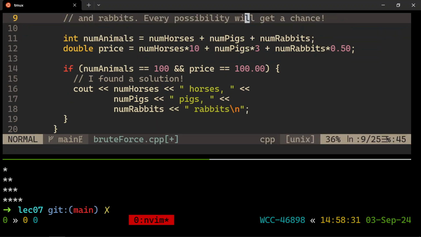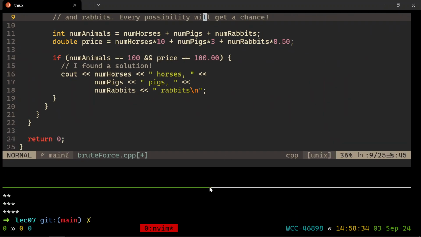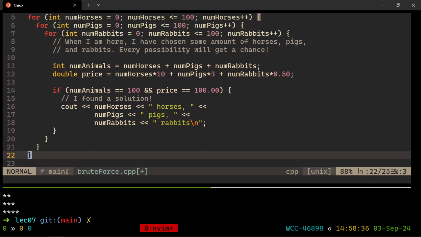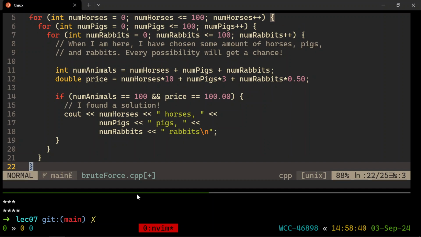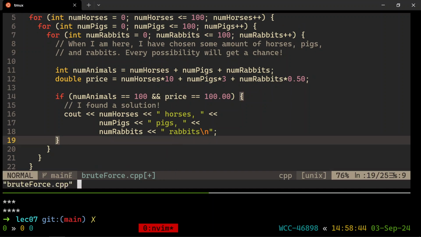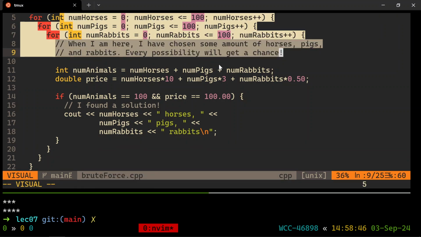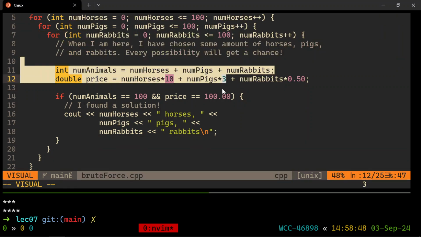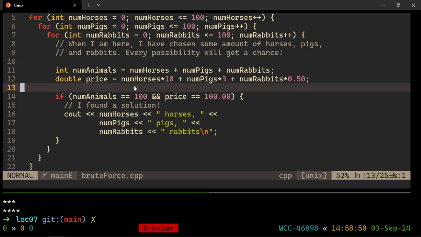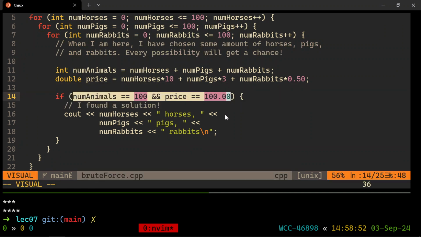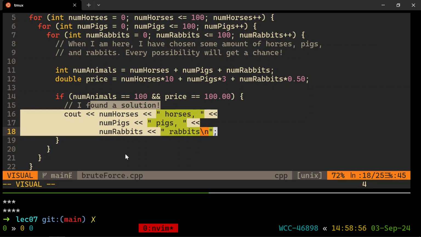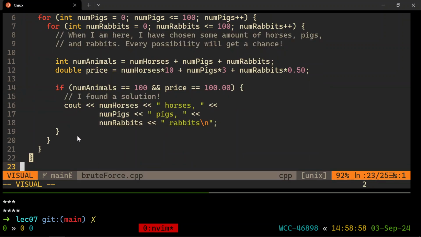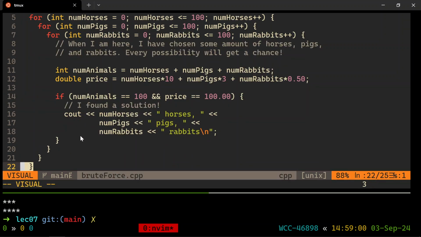Okay? So I need to zoom out a little bit, because there's a lot going on here. That is my program. There it is. Okay? That is going to eventually find the answer. It's ranging from every possible value, through every possible value, figuring out how many animals we bought, how much the price was. If it matched what we heard, I'll print that out because that's a solution. Does that make enough sense so far? Are we ready to run it and see the answer?